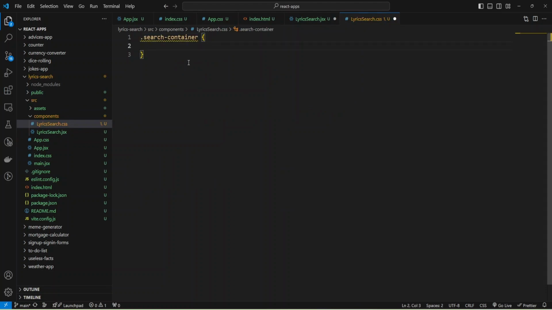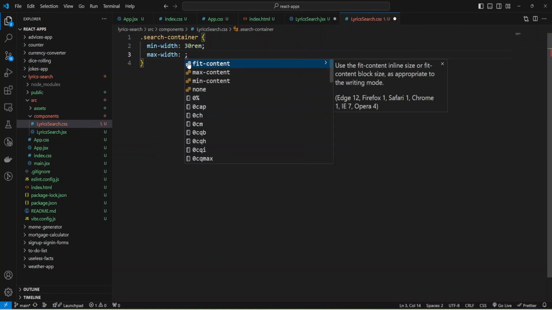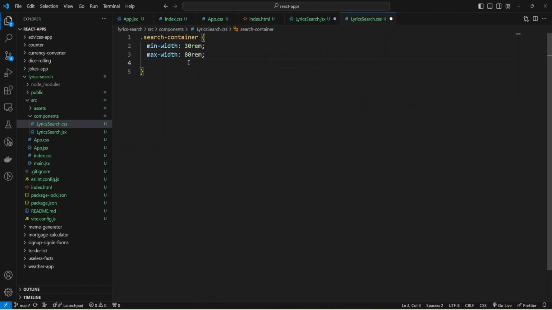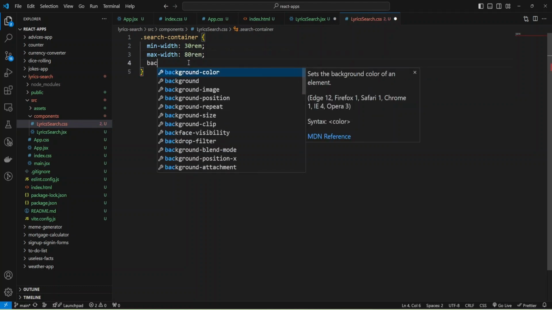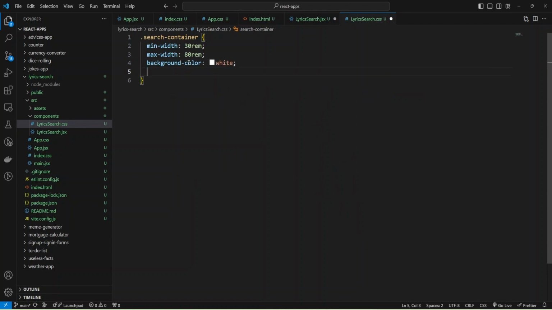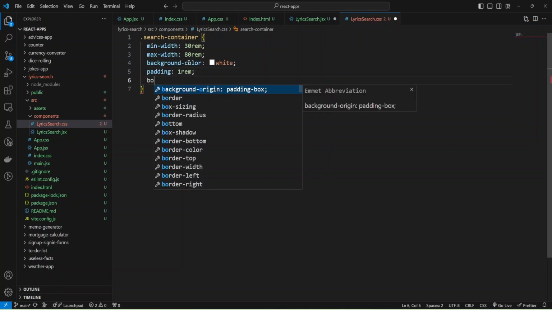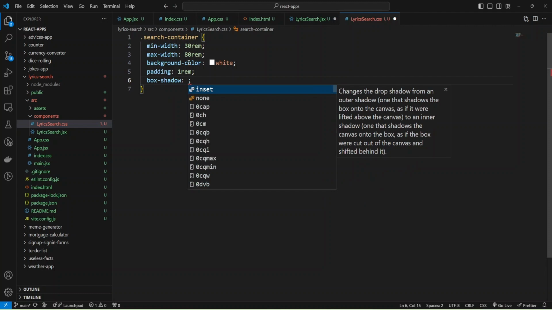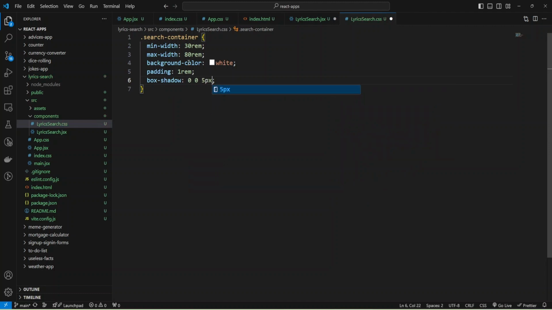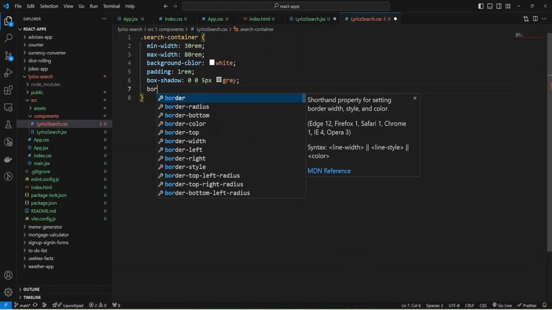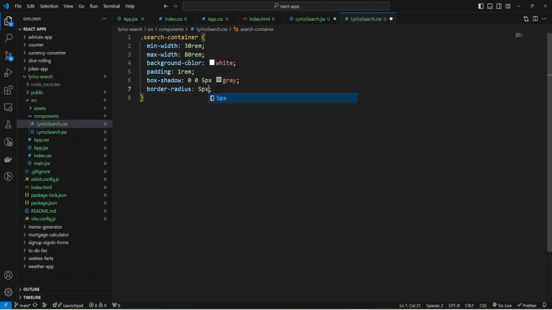And I'm going to provide min width like 30 rem, and also max width will be 80 rem, and background color will be white, and we can add padding 1 rem for all sides, and add box shadow will be 0.05 pixels, and color gray, and we can add border radius 5 pixels.